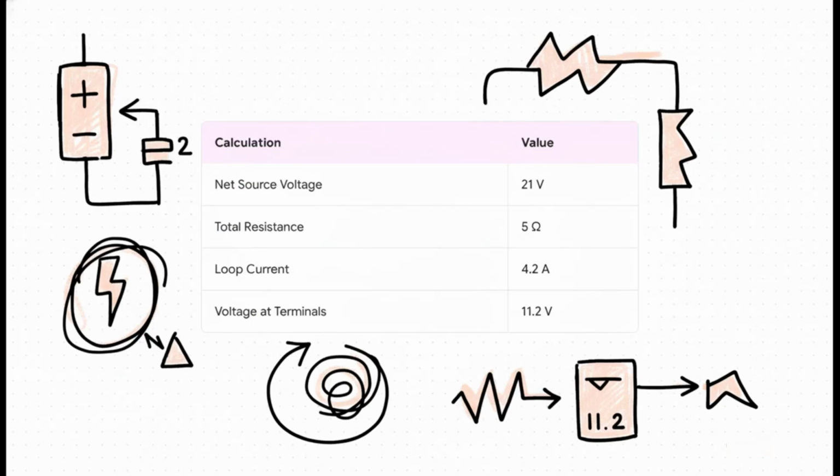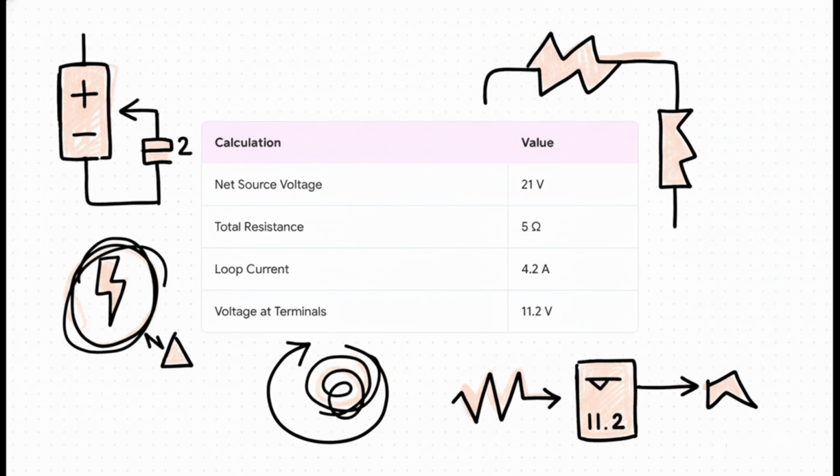The 2 voltage sources are opposing each other, so the net voltage driving current around that loop is 28 minus 7, which is 21 volts. The total resistance in the loop is just 4 ohms plus 1 ohm, which is 5 ohms. So, using our good friend Ohm's law, the loop current is 21 volts divided by 5 ohms, which gives us